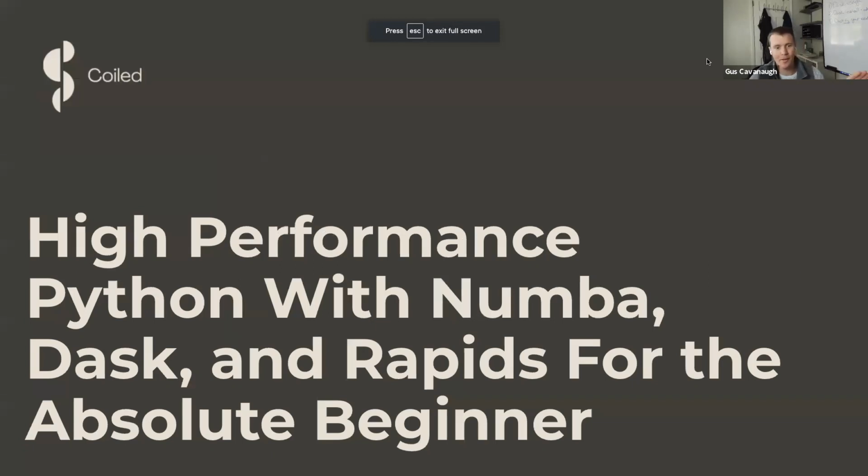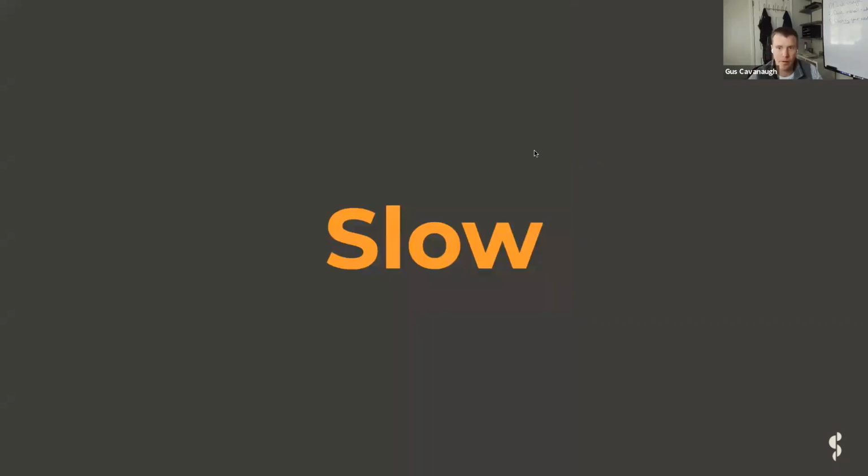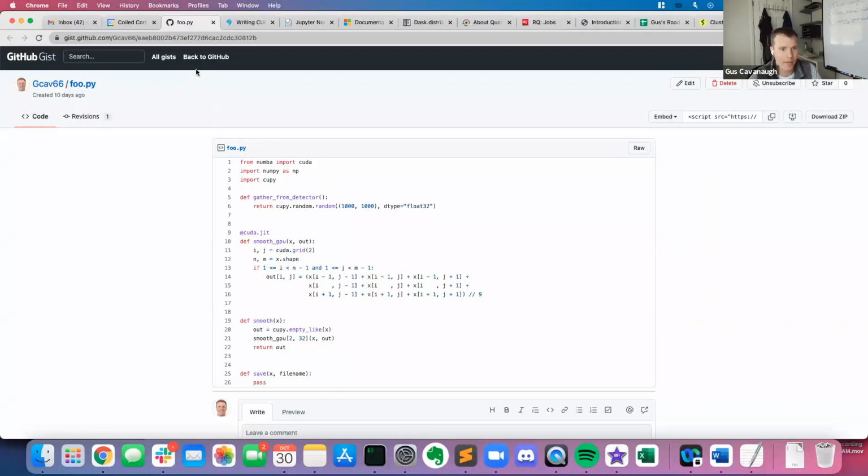So I have a couple of quick slides, and we're going to go really fast. So the expectation for the absolute beginner is that you may know about Python. You've heard about it, and if you have, that's good. It's very popular. This is PyData. I assume you've heard about it. But you've heard some things about Python. You're interested. You want to make it go fast. Let's get started. So let's jump in to our first example, because people will often say that Python can be